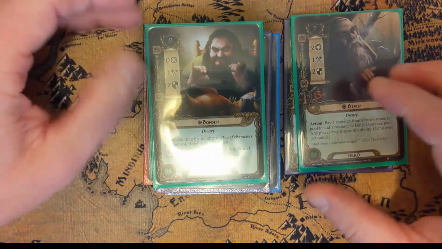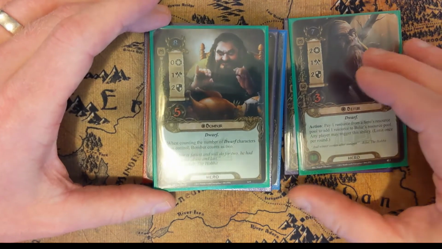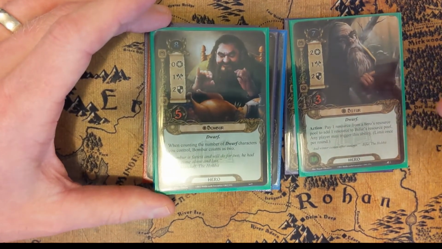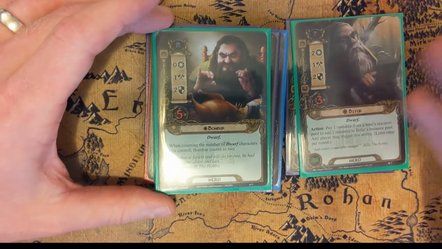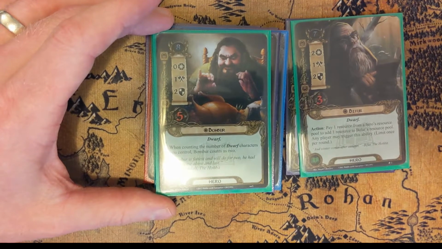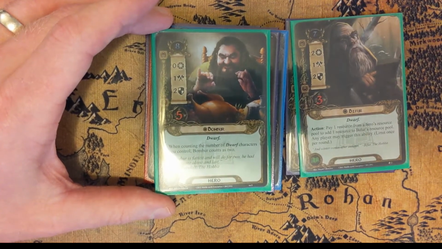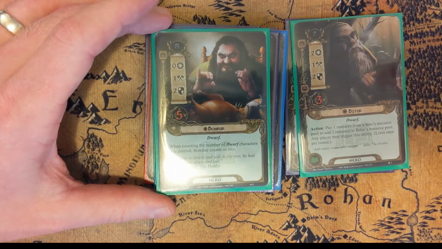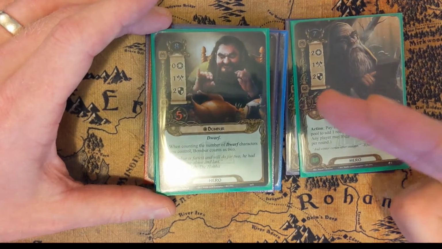Next up we have Bombur, another lore hero. He's got 5 hit points, which is pretty good. It'd be nice if he had 3 defense though, because really you're just going to use this guy to defend. His other stats are terrible, and he has no will. His ability is that when you count the number of dwarf characters you control, he counts as 2, which is